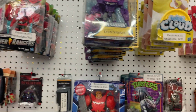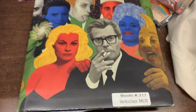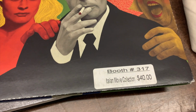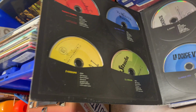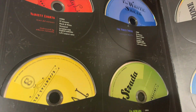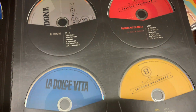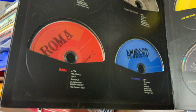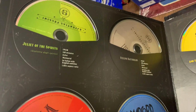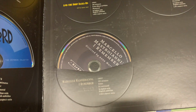This booth had a lot of little action figures, and then this random gorgeous edition of Italian movies. $40 for this whole collection, which honestly, if I had a little more money to spend, I might have got it because it was absolutely beautiful. I've never really seen a collection like this before, but I absolutely love how the discs are color coordinated to the images on the front with all of these primary colors, and here's a little shot of the back too,